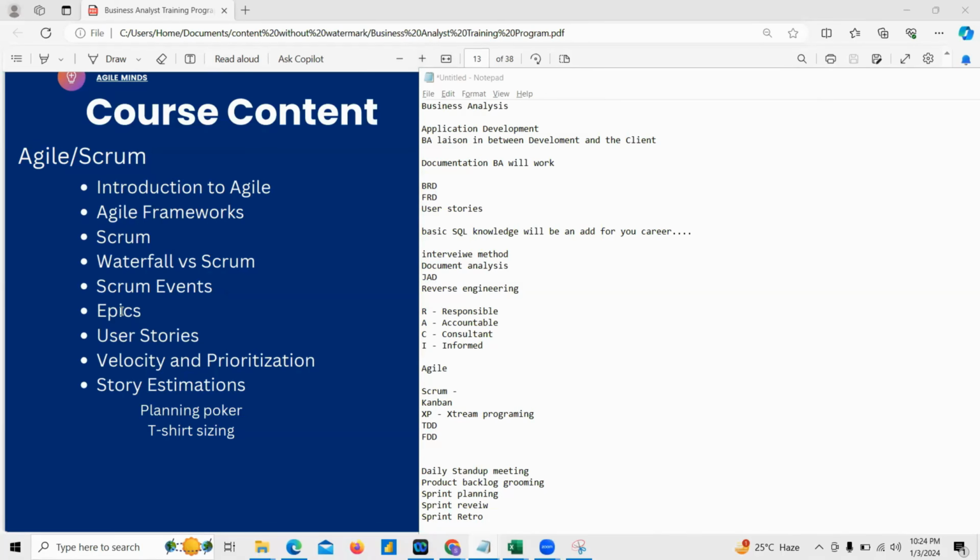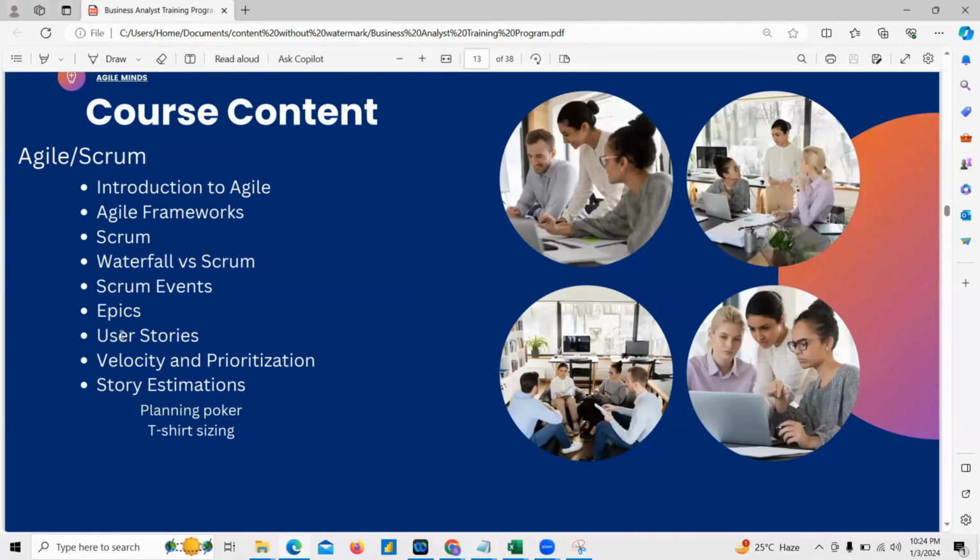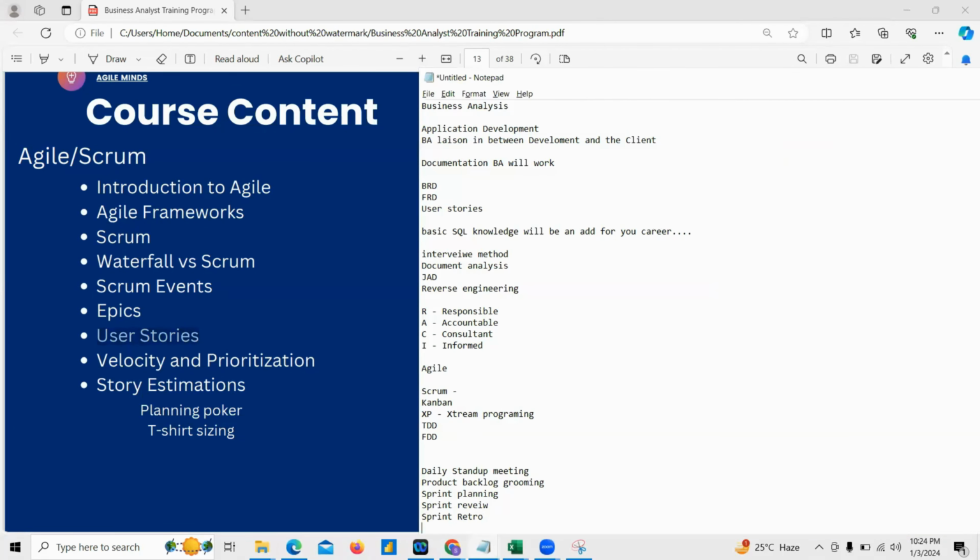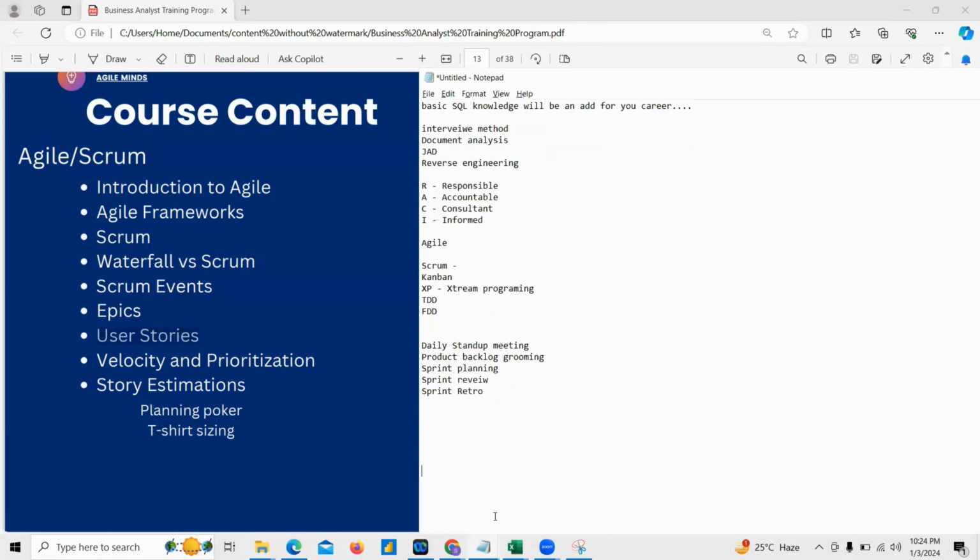We'll see how to write epics and user stories. User stories cannot be written directly. There is a hierarchy to write a user story. First we have to write the epic, then the feature, then the user story. Under the user story again we have the requirement explanation, which we can say is the user story and acceptance criteria.